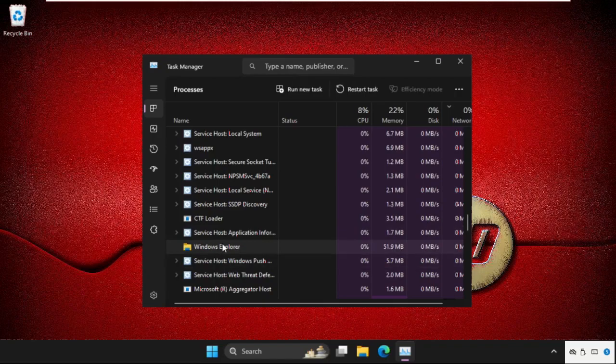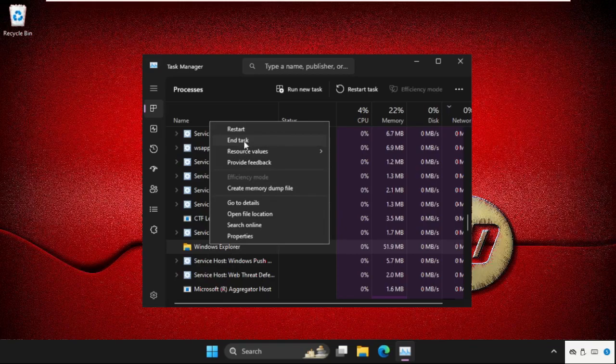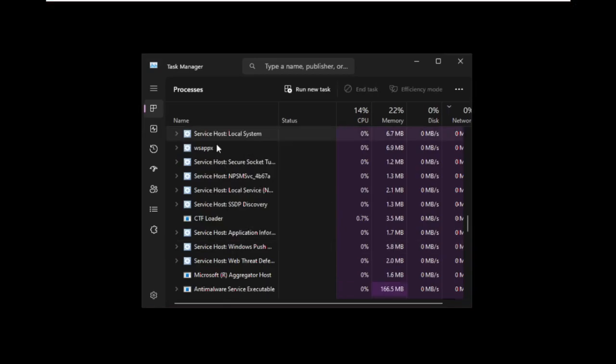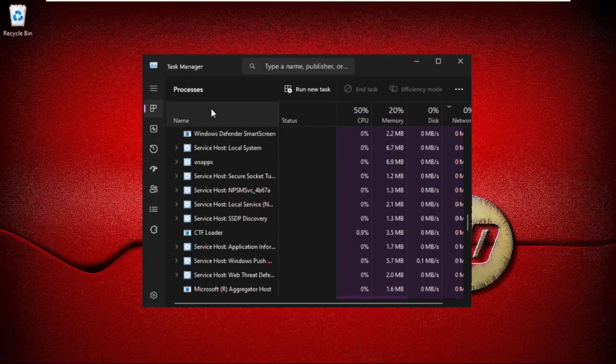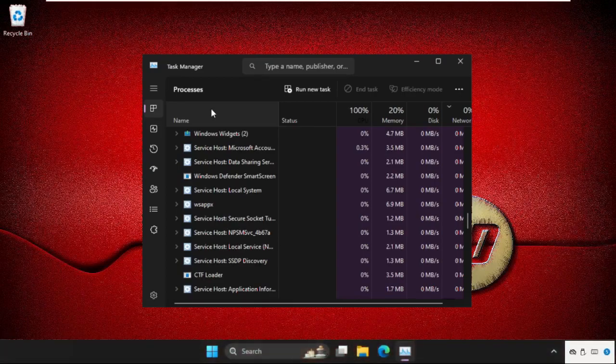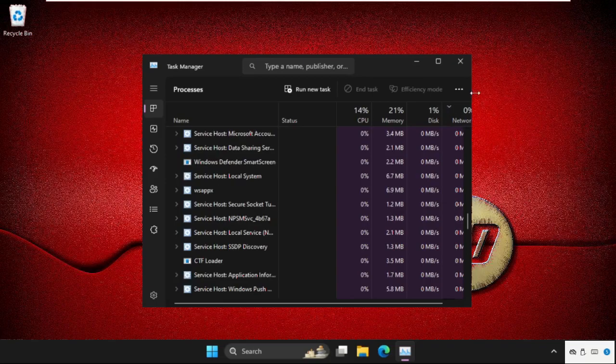Here it is, Windows Explorer or File Explorer. So right click on the Windows Explorer and click on End Task. So you can see the changes. The background is black. So I will click on Run New Task and then we will type here Explorer.exe and hit enter. So it will take a few seconds to fix everything, and then once done, we need